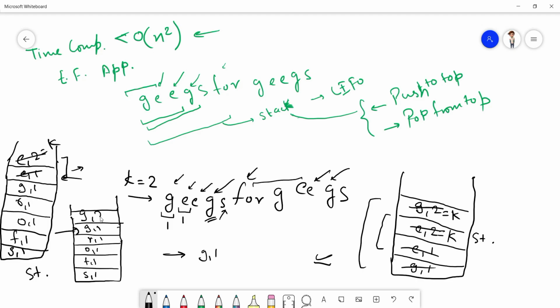So we increase the counter to 2 and the counter becomes equal to k. So now we pop the top k elements from the stack.